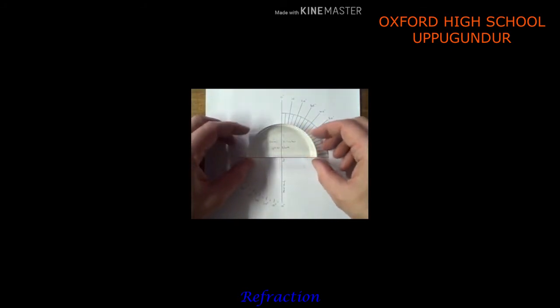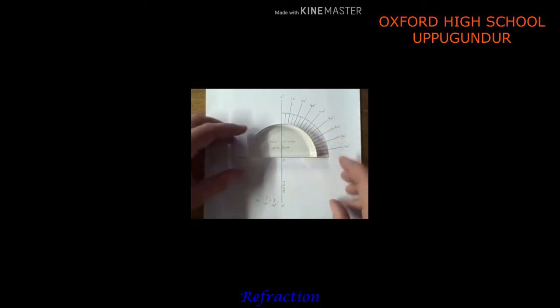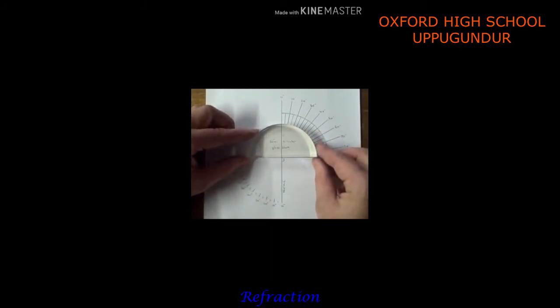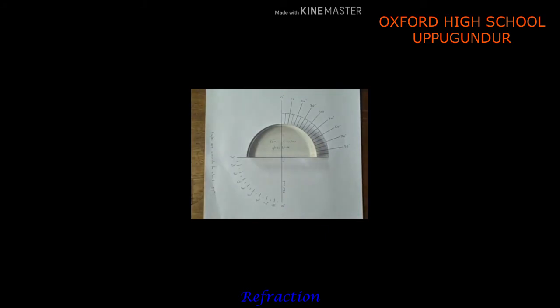See the figure. Now place a semicircular glass disc so that its diameter is coincident with the interface line MM and its center is coincident with the point O. Take a laser light and send it along the normal. In this case the light ray does not deviate, it goes straight.